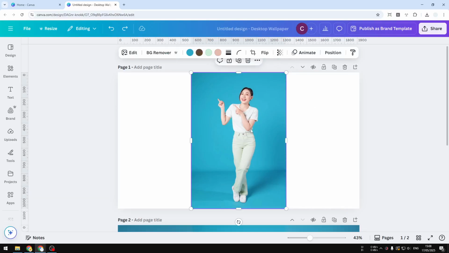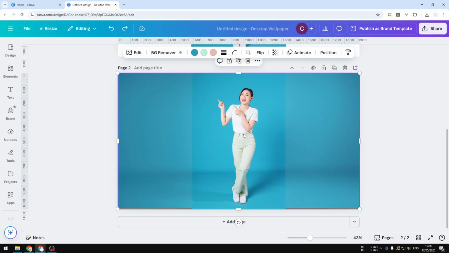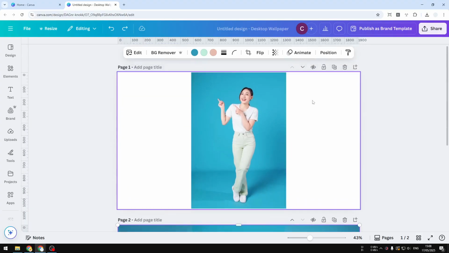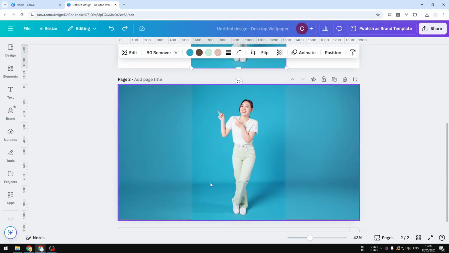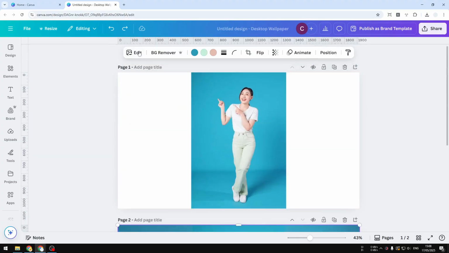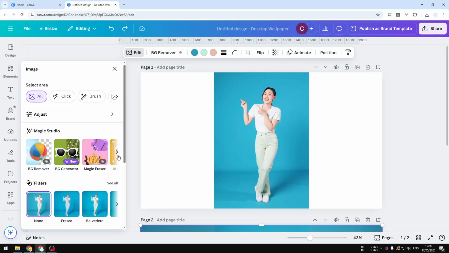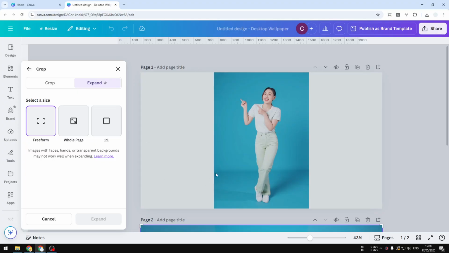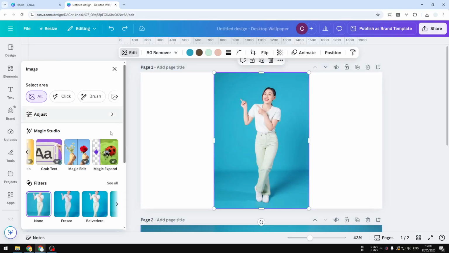This is the original photo and this is the expanded version of that photo. So basically I was trying to turn this vertical photo into horizontal using a feature in Canva called Magic Expand. This feature is basically an AI that is able to guess what is the outside area from this picture. And I think this feature is quite useful for anyone that wants to change the aspect ratio of